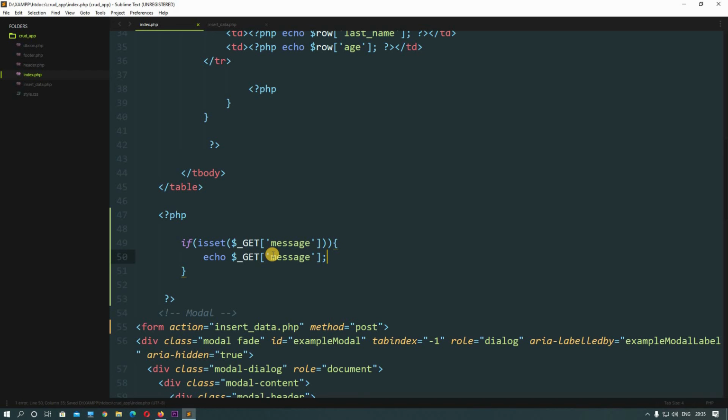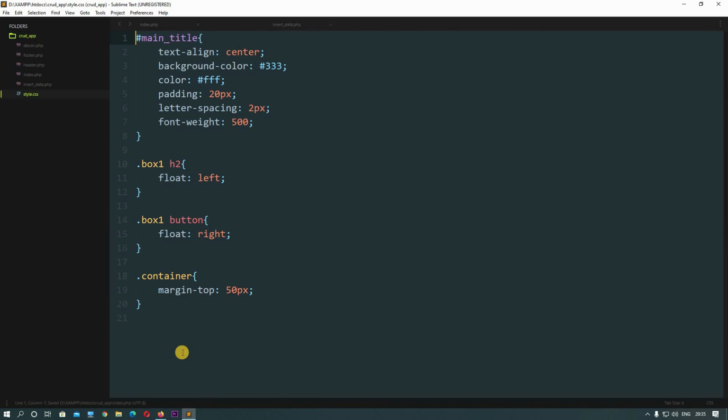Save this. Now let's concatenate it with an h6 element, an h6 tag of HTML, so that it will look a little better. Dot, h6. Now let's give a little bit of styling to our h6 element.